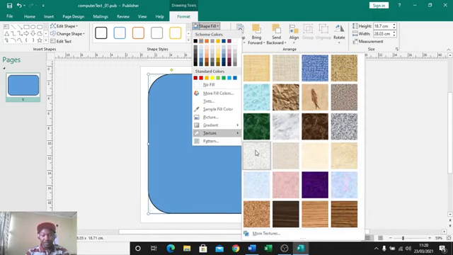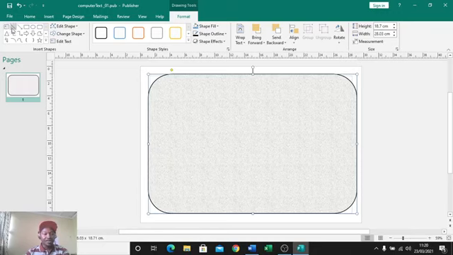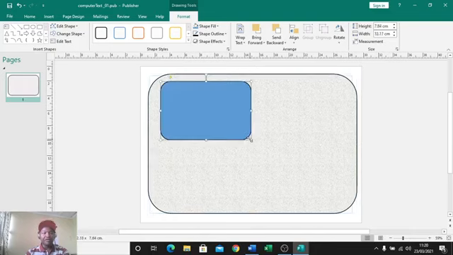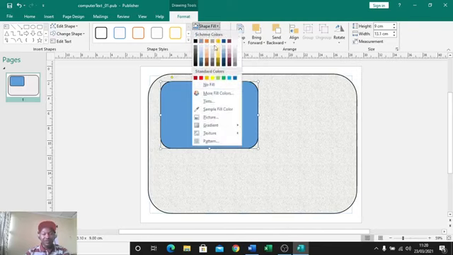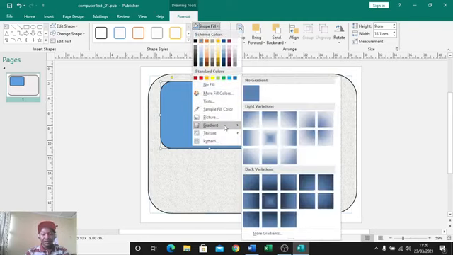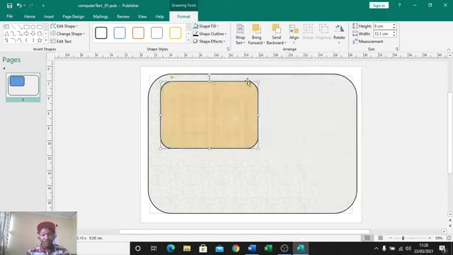I've used some texture, you can have that texture. Then again go take the double, that is the rectangle with rounded corners. Then you also assign some different texture. I've used a bit of some different texture, like